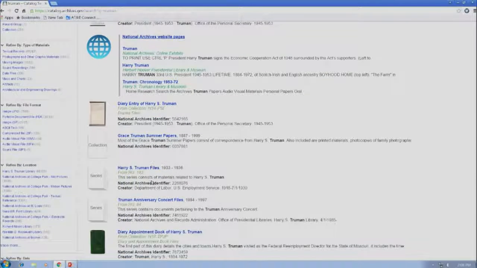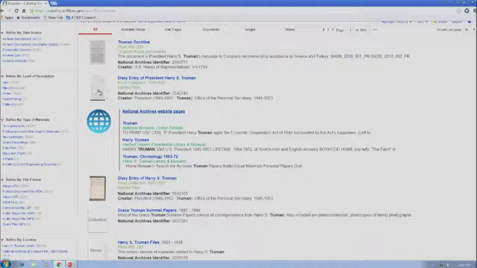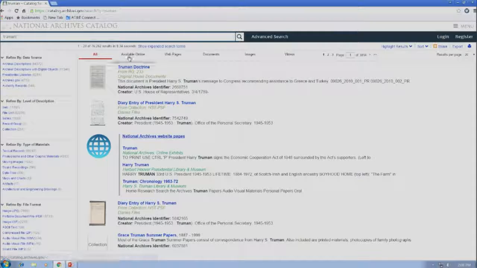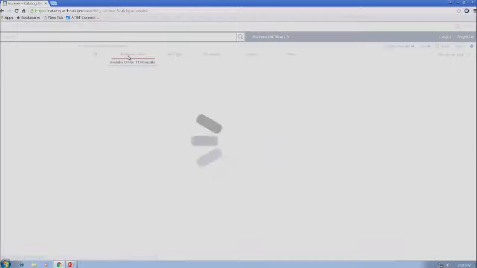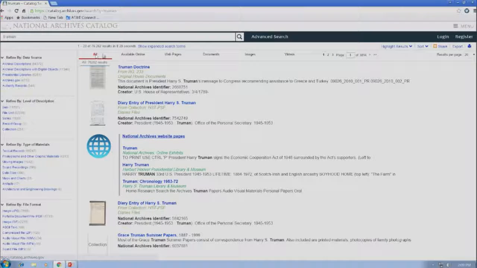If you want to look at only digitized copies of records, you can just click on the ones that have those thumbnails, or if you click the Available Online tab, that'll limit your search to just those available online. But going back to the regular results view,